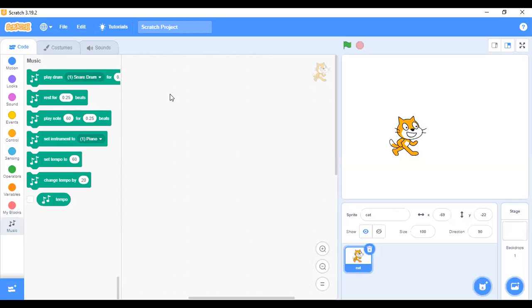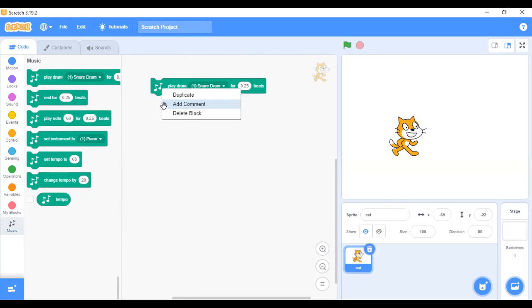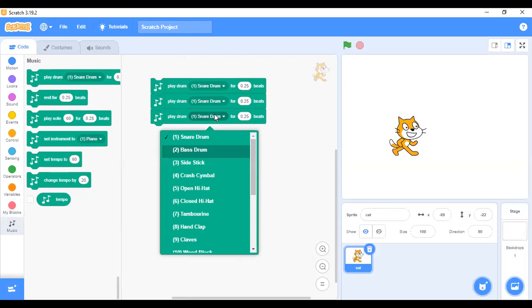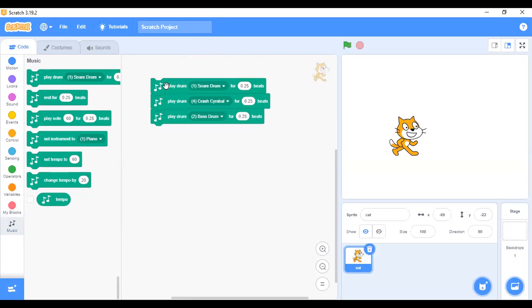This is a different code. Let me bring one here so that you can see. Can you hear now? So it's basically playing too. You can hear the sound. So let me return it. Okay, let me show you something. Let me duplicate this. You can change drum one, change this. You can form a beat of your own using the music code too. Also, if you duplicate again, you add another one.